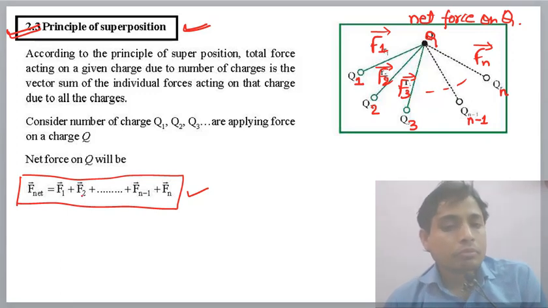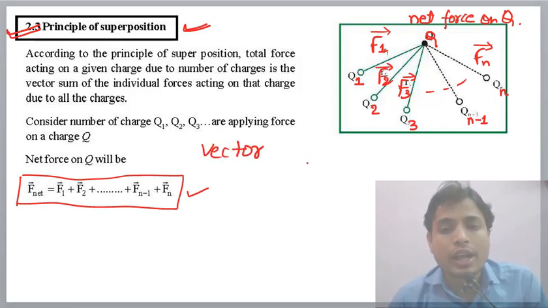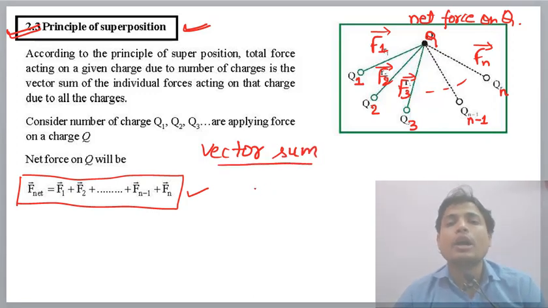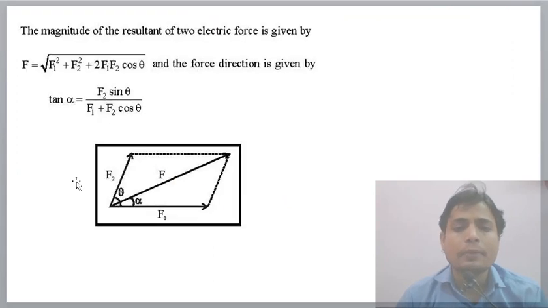Okay, understand, this is very important. This is the vector sum. This is not the scalar sum. This is not like 3 plus 5 equal to 8. This is not like that. We have to do the vector sum, and you know that the algebra of vectors is different from scalars. So we have to follow the rules of vectors to add f1, f2, f3 and so on. Okay, I am giving you one example.